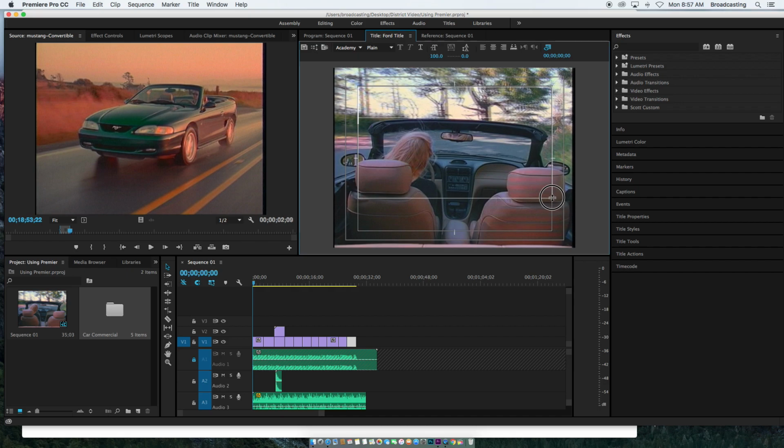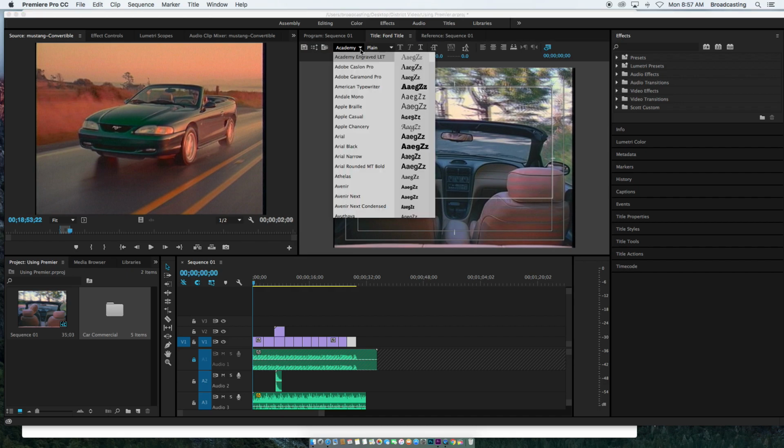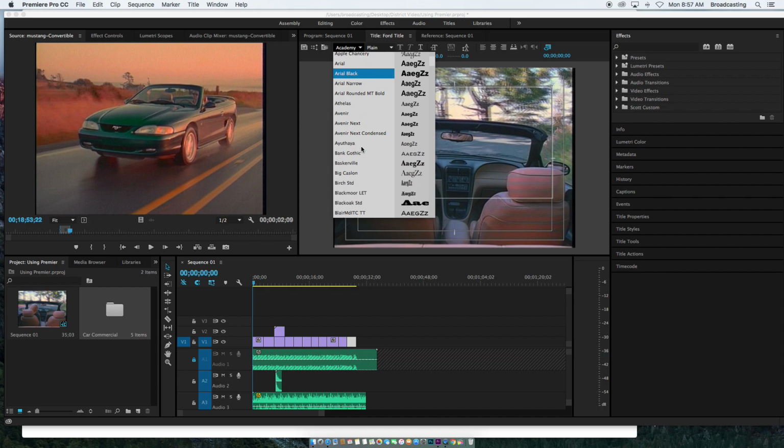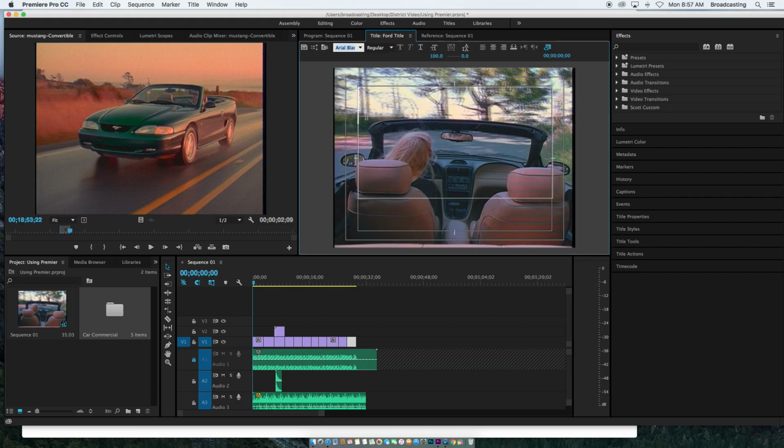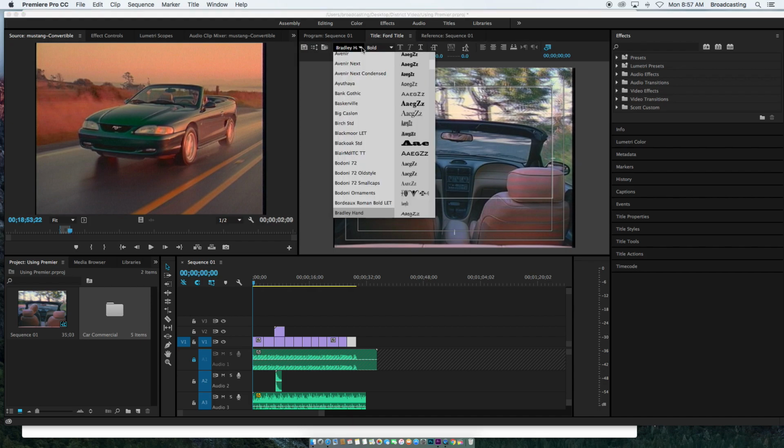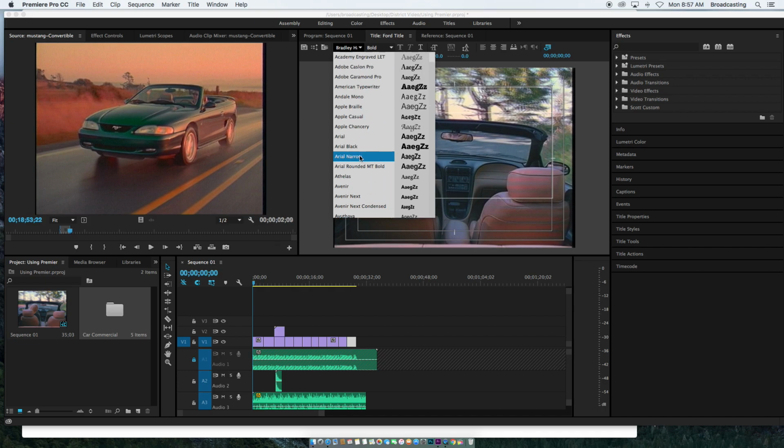So you just draw a title box like this. And then up here is your fonts, and you can kind of see what they look like. So I'm just going to go with a basic font that's a little thick. I'll just go Arial Black. And then I'm going to type my title. So Brown, oops, forgot to get out of my title thing. So let's go back to Arial Black